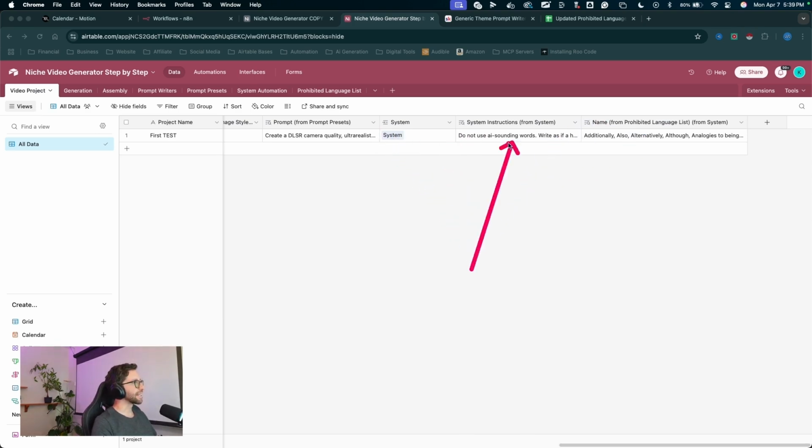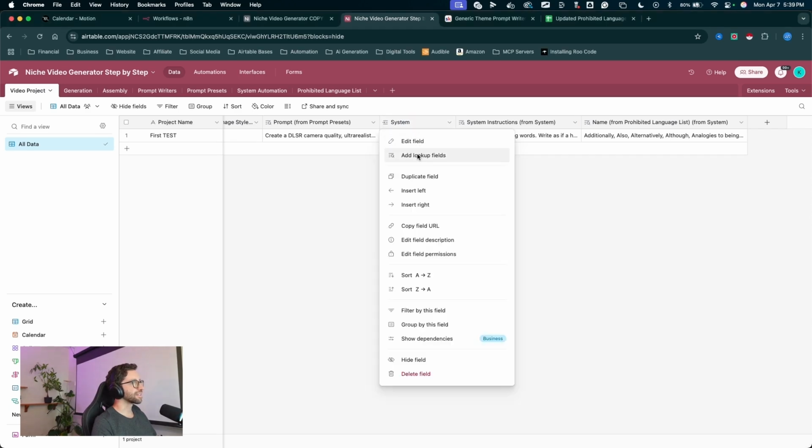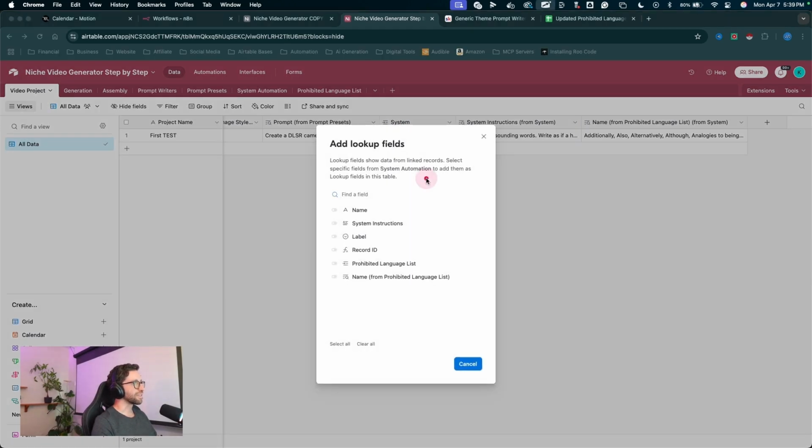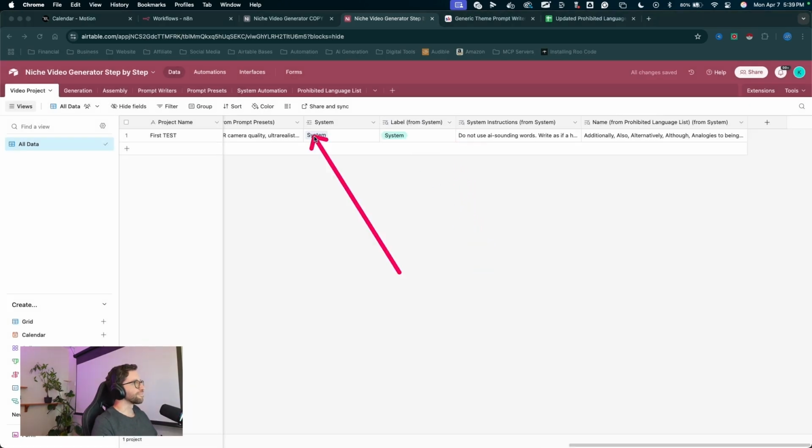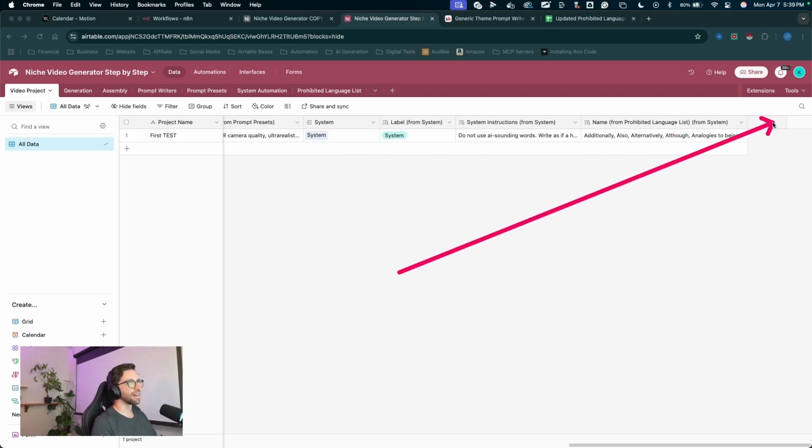I think I want to add that label back in here though as well. So I'm going to right click on the system linked field, click on add lookup fields, and let's add our label in here. Click add one field. Now we've got our system label in the system field. Great. So this coming from the system automation,